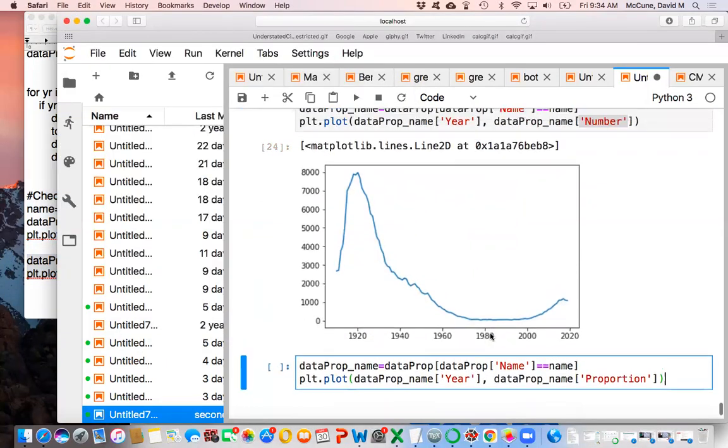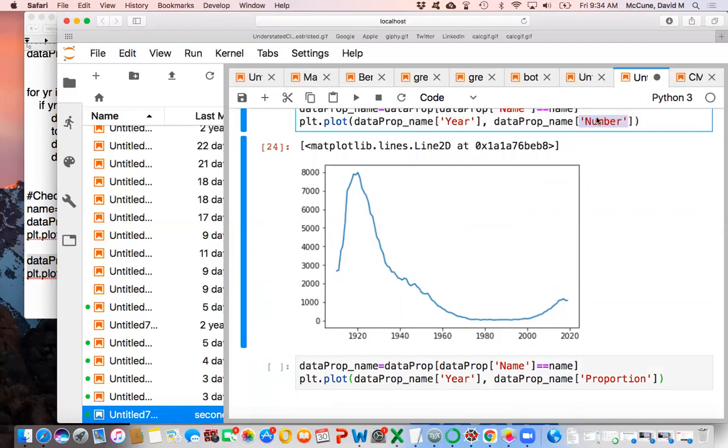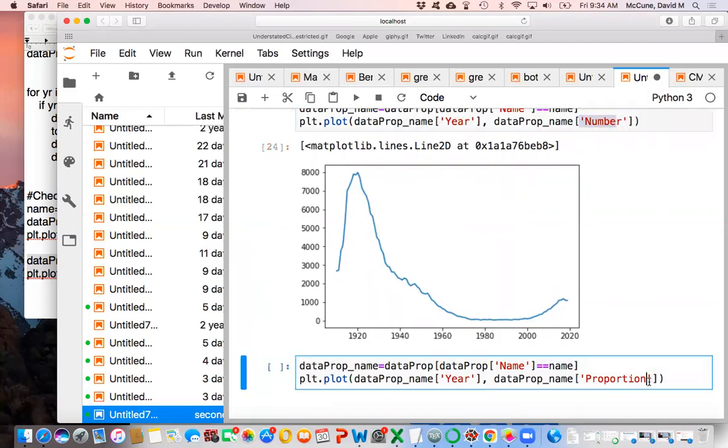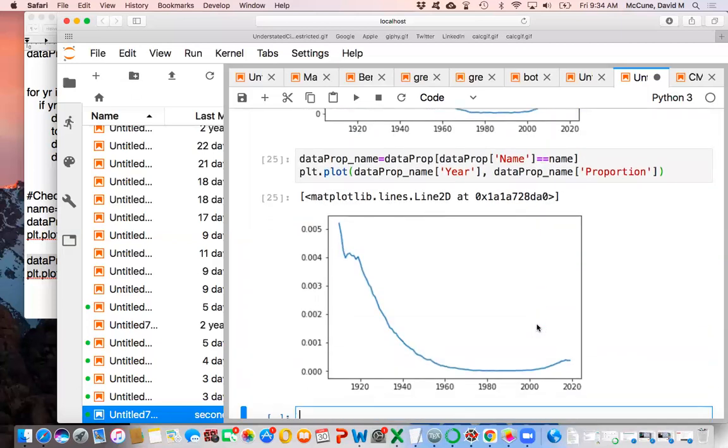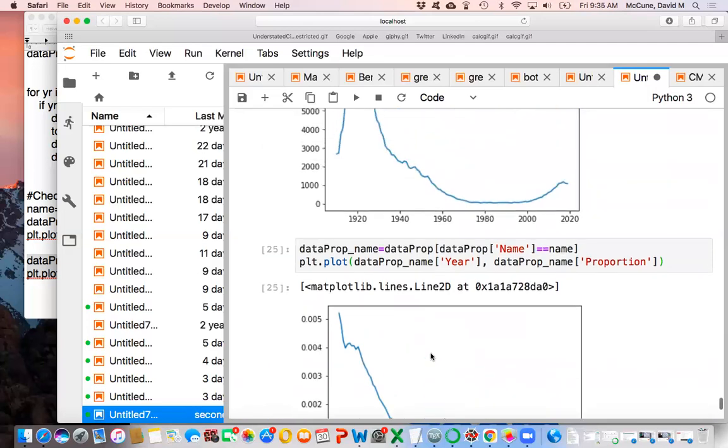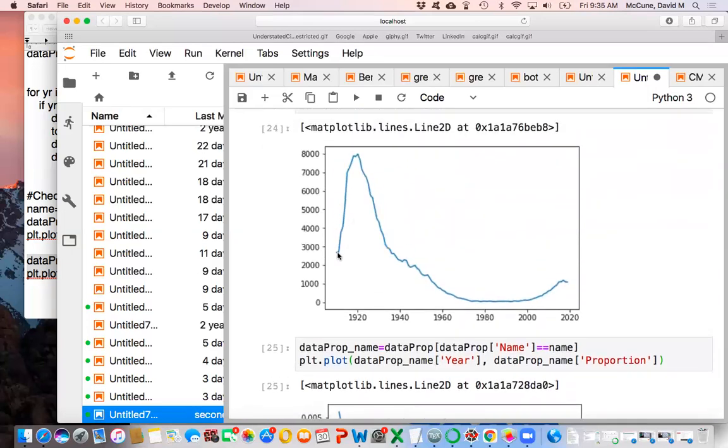So notice the only difference is there's a number right there. So a raw number. Now I'm going to graph proportions rather than raw numbers. And here's the proportional plot. So if you look at Lucille proportionally or fractionally, there's no rise and fall. There's just like a fall. There's a fall and like a leveling off, but then fall. So what's happening here? It looked like Lucille was becoming more popular for a while.